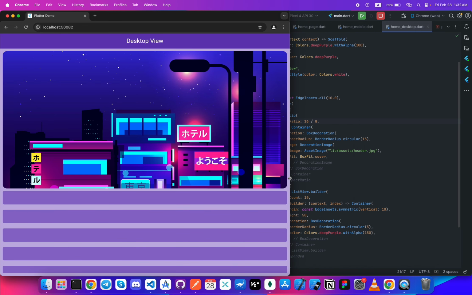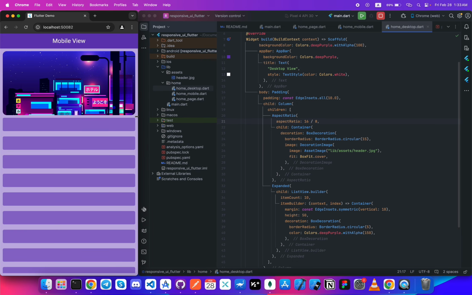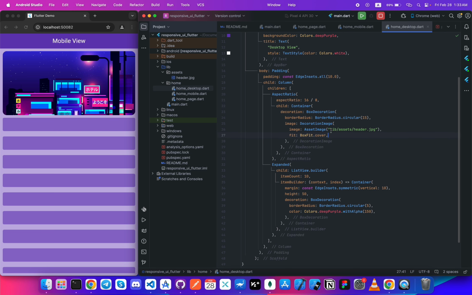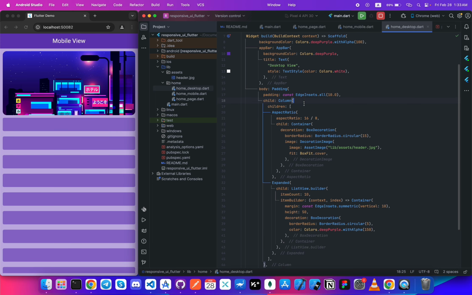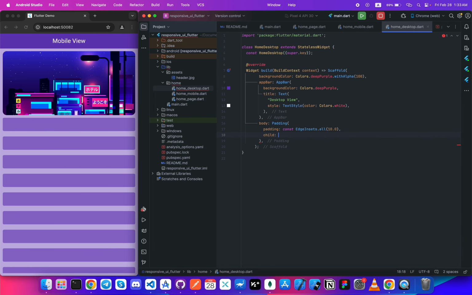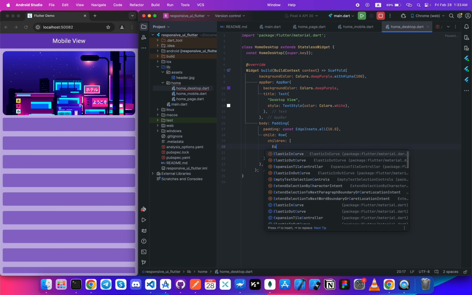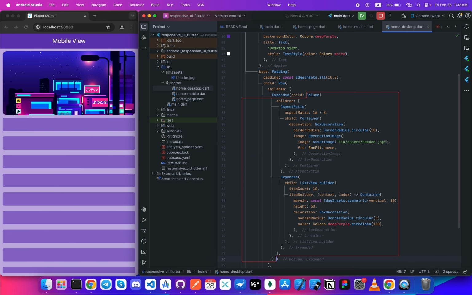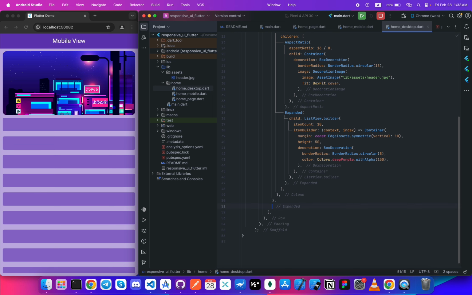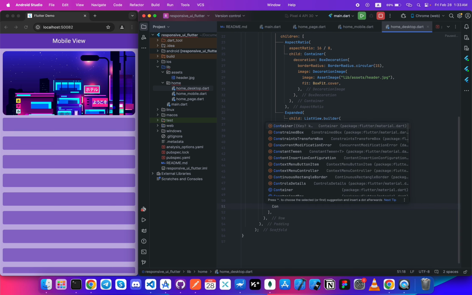So let's add a sidebar here. Okay, it can be more user friendly. Let's wrap this column and add a row here, children, expanded, this one, and add a sidebar here. It can be a container